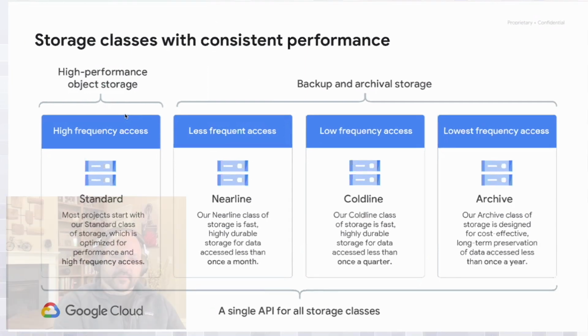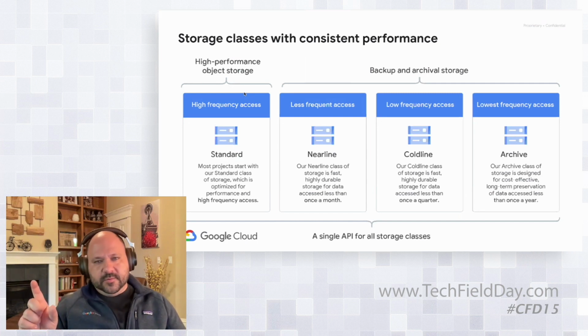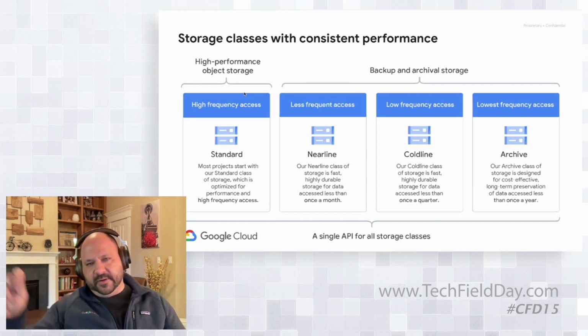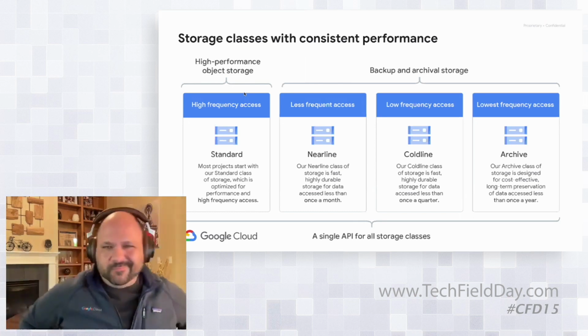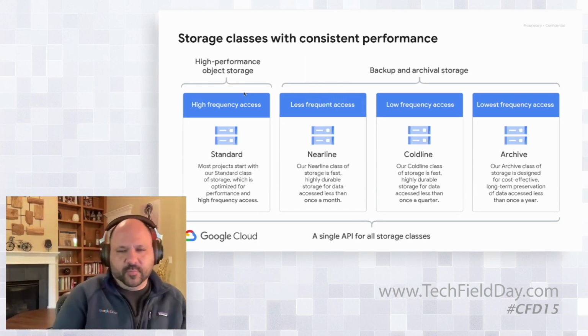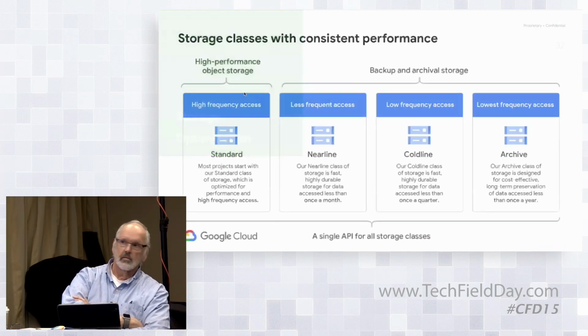And the other nice thing I'll point out that's on this deck that may not have come through is that the API is identical. So the storage class you have an object in is really just an object metadata field. So you don't have to think, "it's archive, so now I need to go to the archive API." It doesn't work that way. So you can write applications that don't think too much about this problem. So when you're tiering storage,